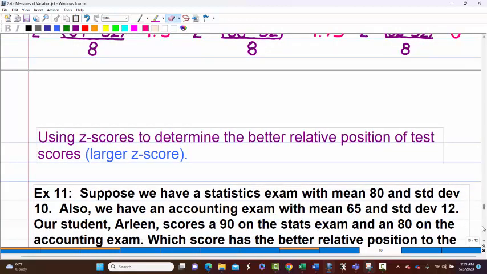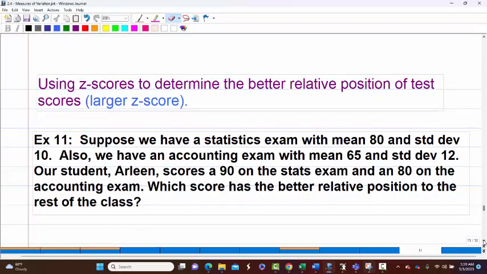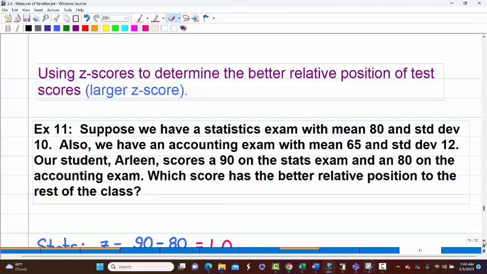Now let's use the z-score to compare relative position. It's kind of like a ranking. And for this kind of example and anything I would ask you on a test, we're looking for the larger z-score. But there's situations in real life where a negative z-score would be better, and that would be